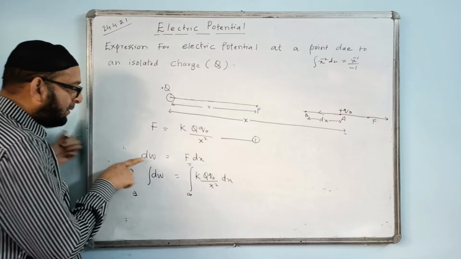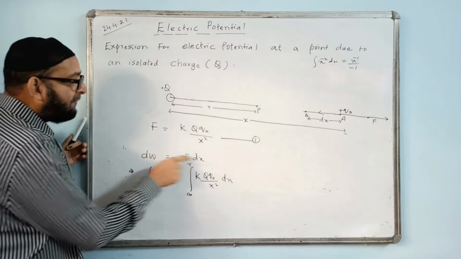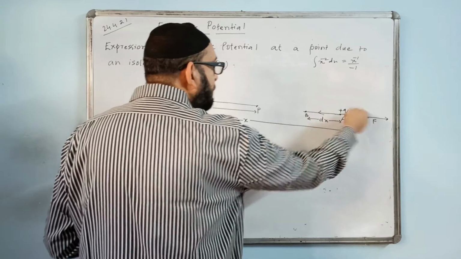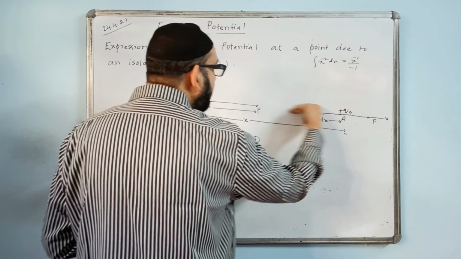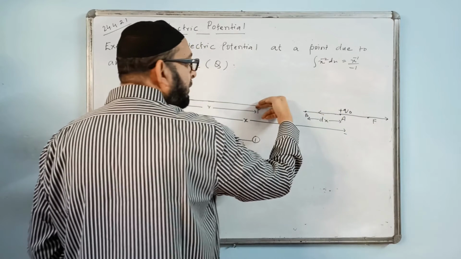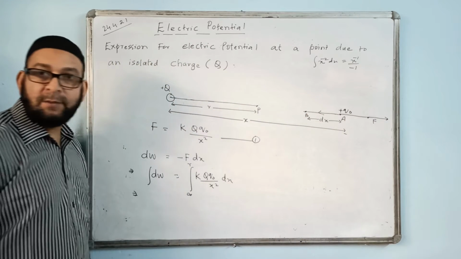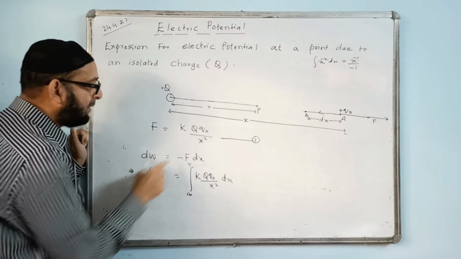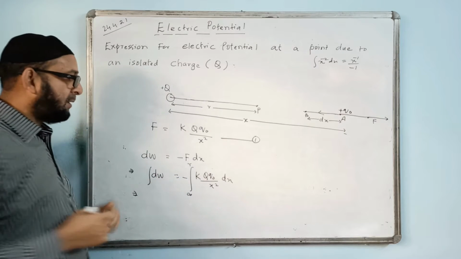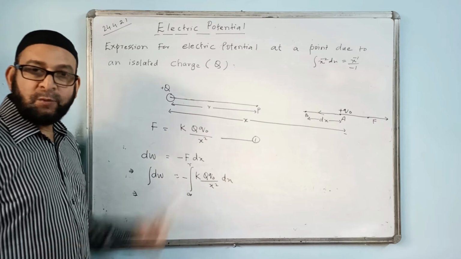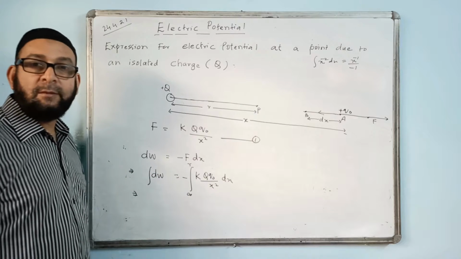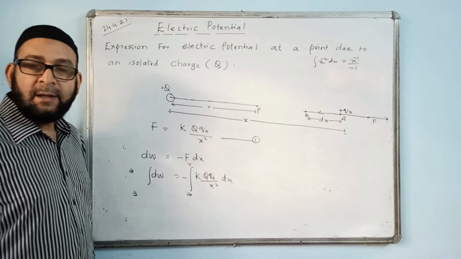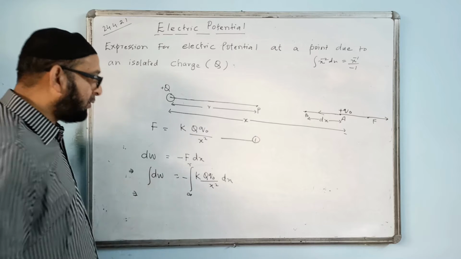Okay, one thing to be noted here: in the first line, I have written dw is equal to f into dx, but I have to give a minus sign here, because we are moving it this way. Motion of the charge is taking place in this manner. From infinity we are getting closer to the point P, whereas the force is acting in the opposite direction, the repulsive force. That means the force and the displacement are in opposite directions, that's why you have to put a minus sign here. So just add a minus sign and write outside here. The work done should be negative, because the angle between them is 180 degrees. We actually use f dx cos 180 degree, and cos 180 degree is minus 1. So I write the minus sign also here.